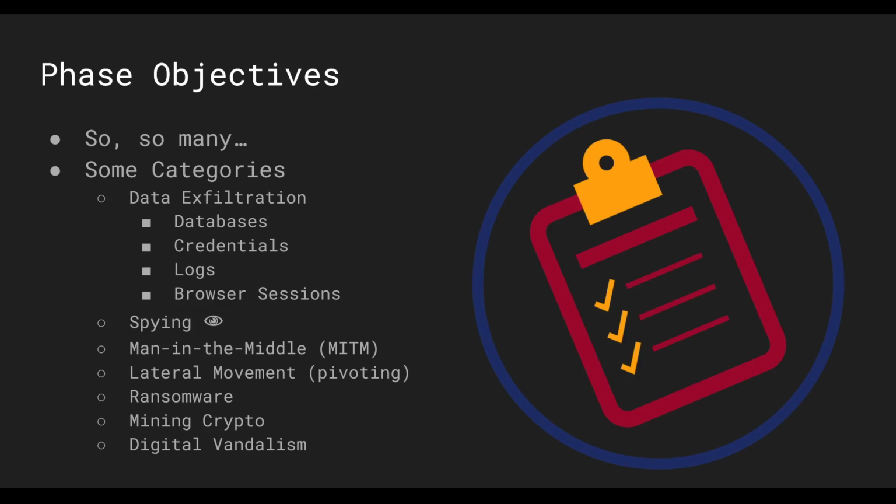So anyways, another category of objective for this phase would be spying. They compromise the system, but they're not there to exfiltrate. They're not there to perform any further attacks. They just want to spy. That's an entire subject in and of itself. Federal surveillance and that kind of stuff. That's a pretty political one, but anyways,